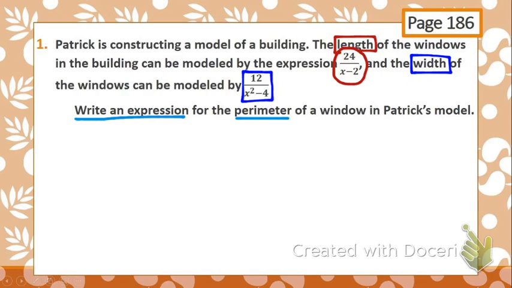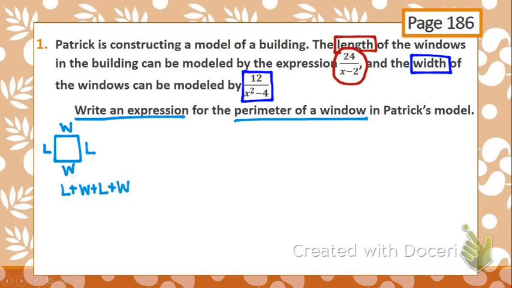I want to write an expression for the perimeter of a window. How do you find perimeter of something? Yep, you add all the way around. So length, width, length, width. We do L plus W plus L plus W,